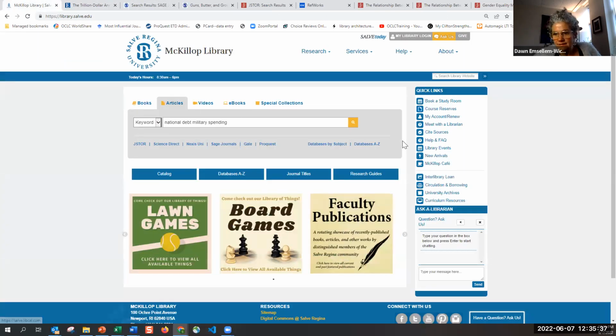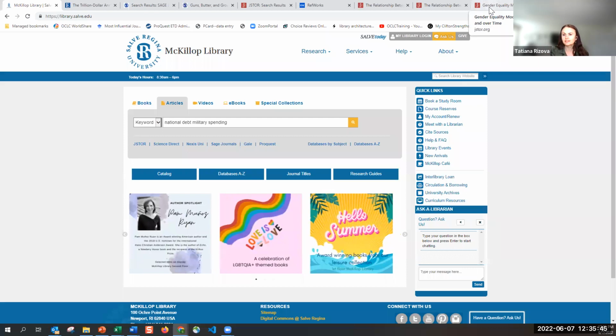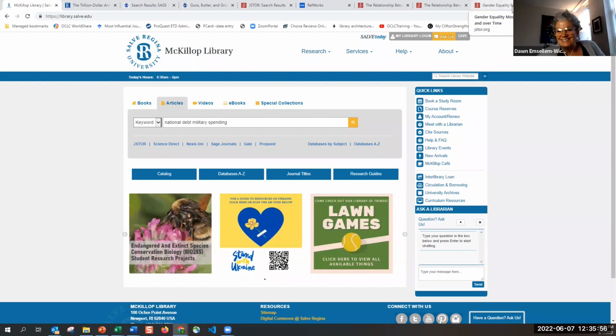Was there anything else? Dr. Rizova, did you have anything that you would like to add to this? I think this is great. And I really love the fact that you're structuring all the searches based on the variables, because that's exactly how the searches should be structured. Those should be the keywords. Yeah, everything should be about the specific variables chosen by